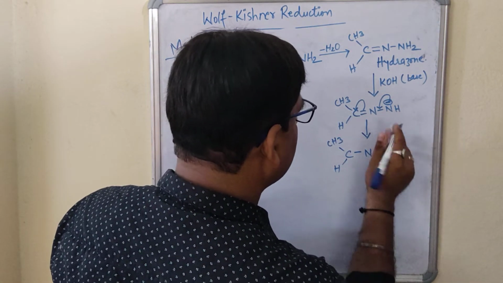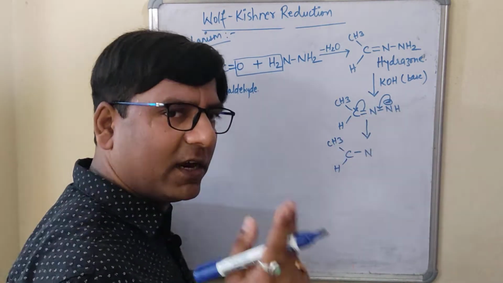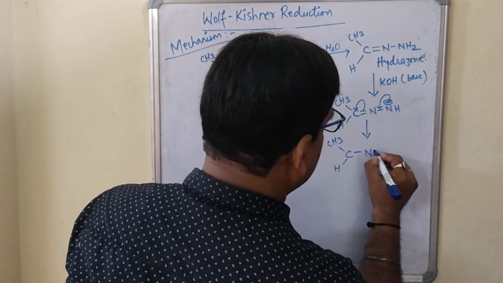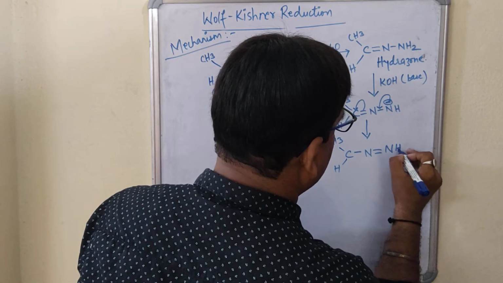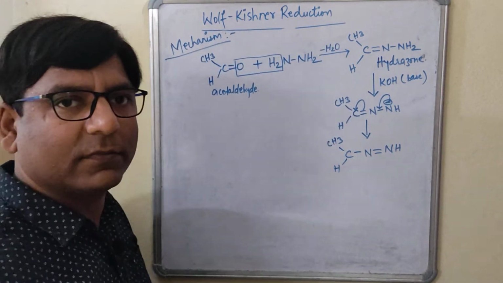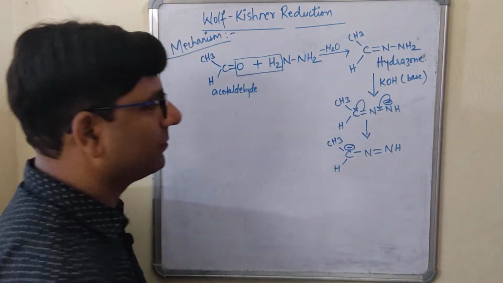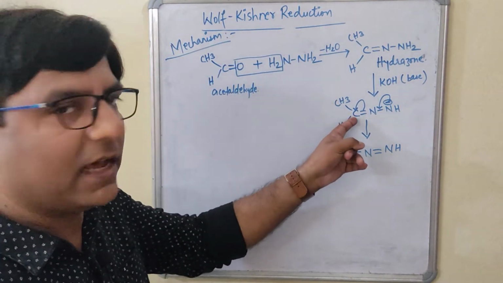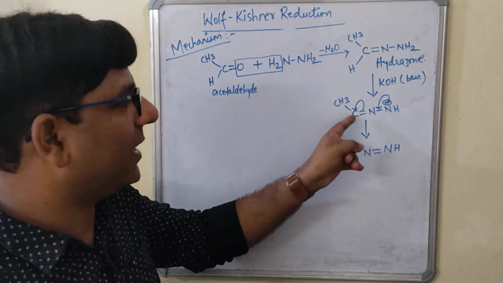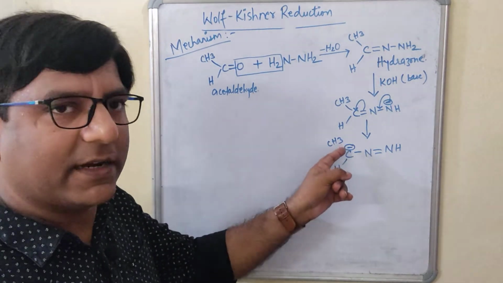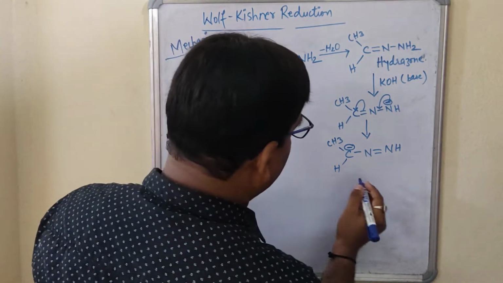Here we have the nitrogen. There is a formation of a double bond because this negative charge is coming down. Negative charge means 2 electrons. So here we have double bond NH, right? And here we will get what? A negative charge, because this bond has broken on this carbon, meaning the 2 electrons. One bond means 2 electrons, and both the electrons came onto this carbon atom in the form of a negative charge. And I told you a negative charge also consists of 2 electrons. Clear? Now, what will happen?